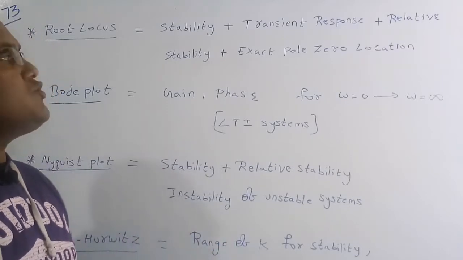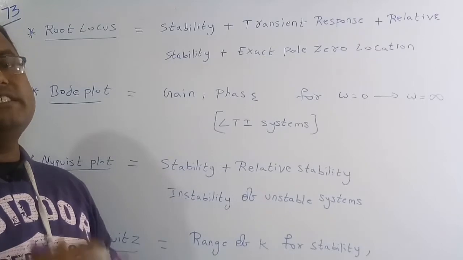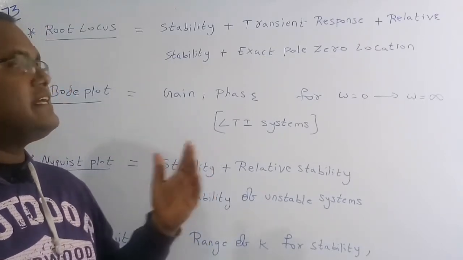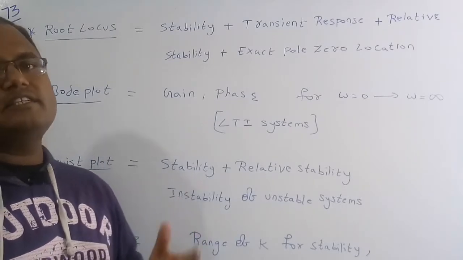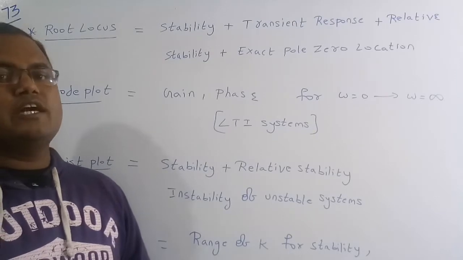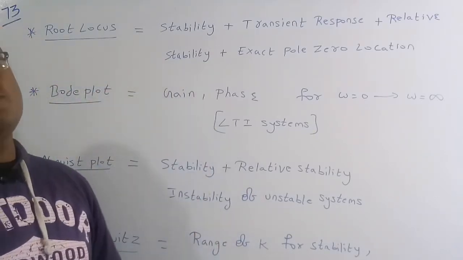And then also we can figure out what is the steady state value with the help of the stable system. If it is a stable system, then definitely it is going to have some steady state value, otherwise we can say it is an unstable system. So all these things, the transient response and also stable or unstable, we can only figure out with the help of the root locus. So therefore root locus is the correct solution of this question.